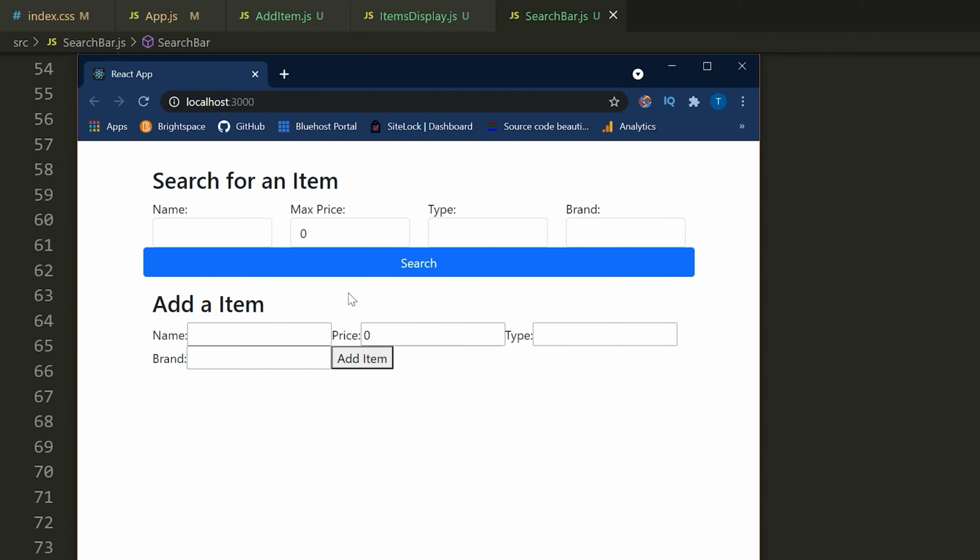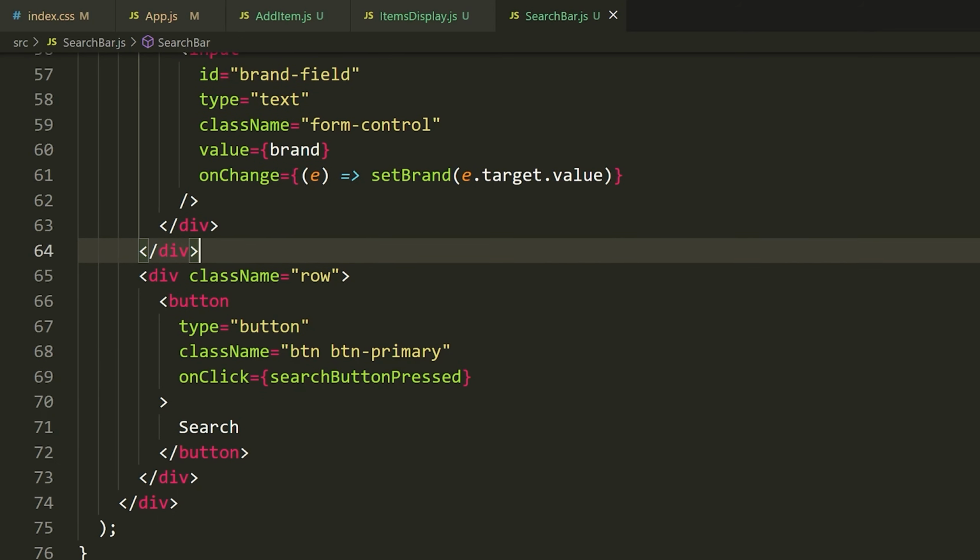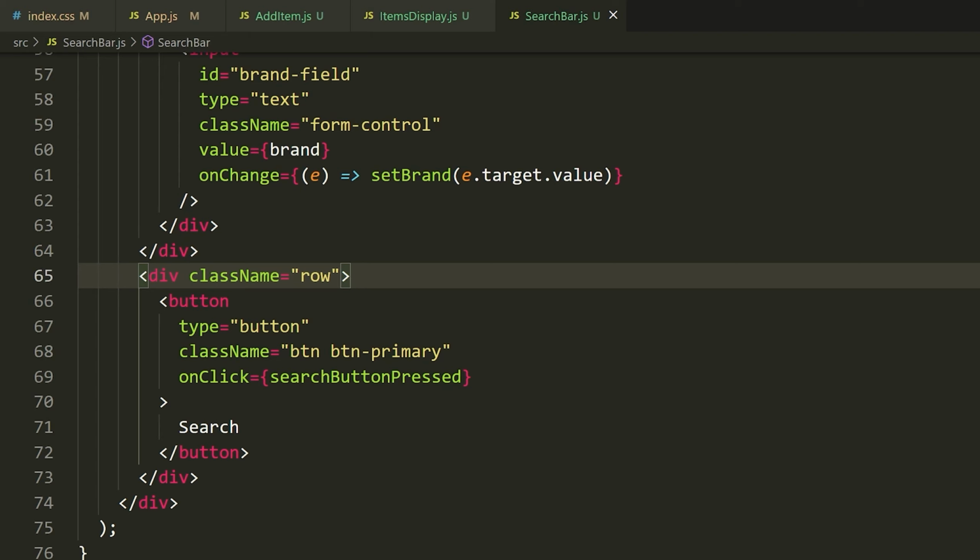And you can see that we have this nice blue button now, and there's even a little hover when we go over top of it. All is good. Sweet. So now we need to make this button a little bit smaller. How do we do that? Well, we need to actually put this inside of a column and change the size of the column. So for my button, I'm going to now wrap it in a column.